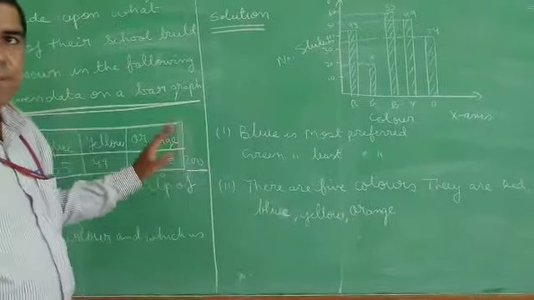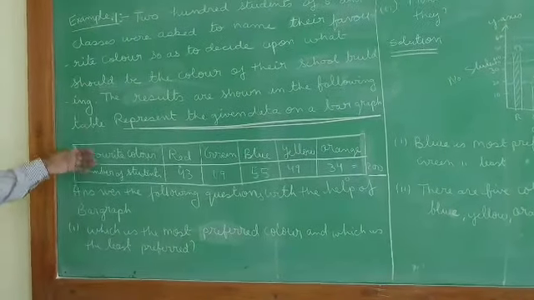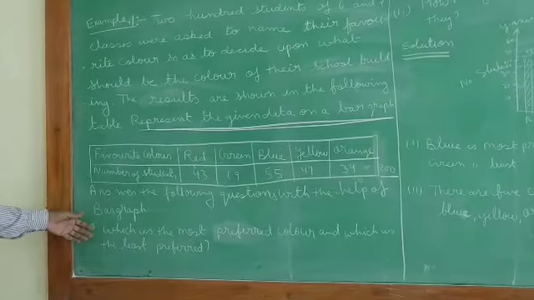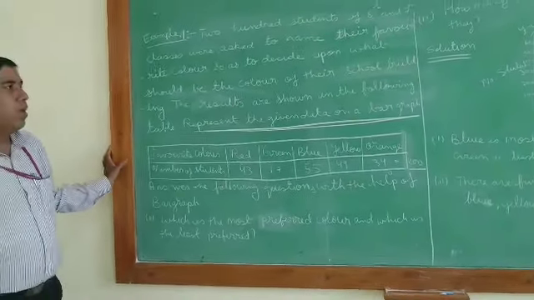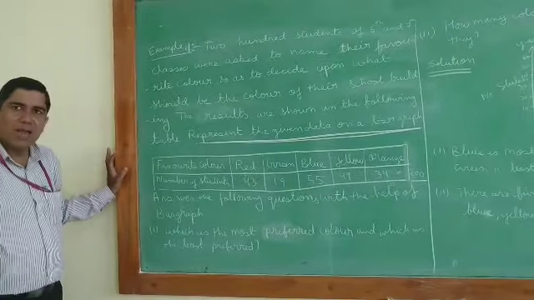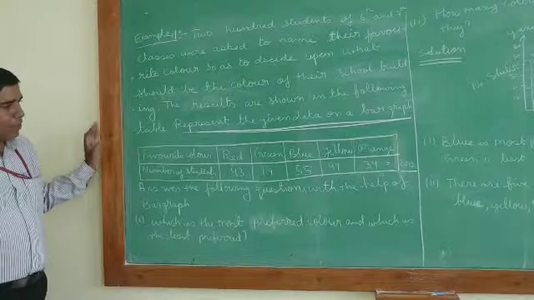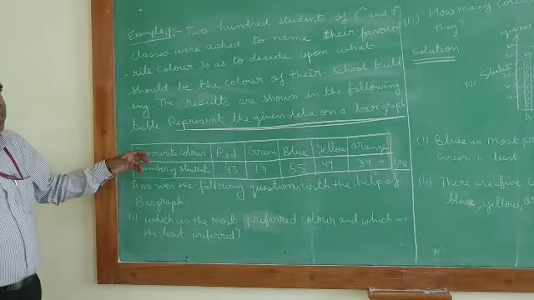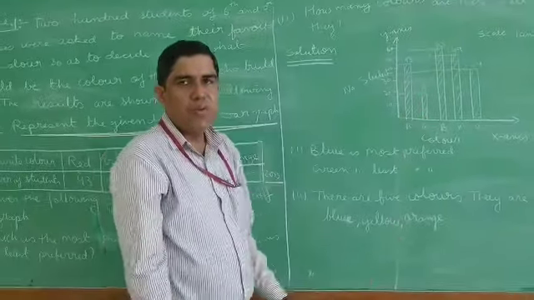I think this example is clear to you, and you can try to understand it once again. You can see other examples also given in the books. This is for a single bar graph. Similar to this, there will be questions on the double bar graph. We can say the same concept is there. Only here, instead of a single bar, there will be a double bar, and we have to give the answers.